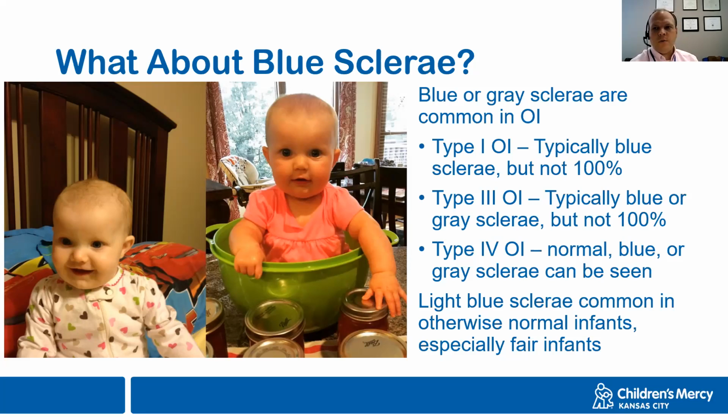These are my two daughters, who, as babies, they're not babies anymore, but as babies, they both had nice, perfect light blue sclera, and they're fair-skinned babies. One of my daughters has red hair, the other has really light blonde hair, and so it's pretty expected that they would have light blue sclera. And by the time they got to about 18 months of age, it pretty much went away, and they don't have blue sclera anymore. And I just thought these were also two pretty cute pictures too. So got to throw those in.